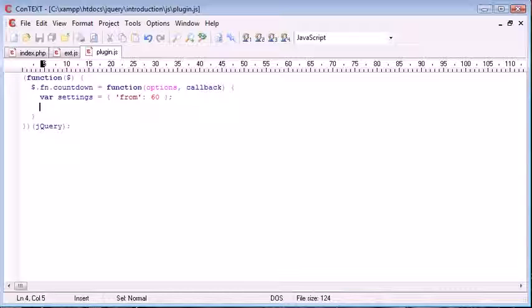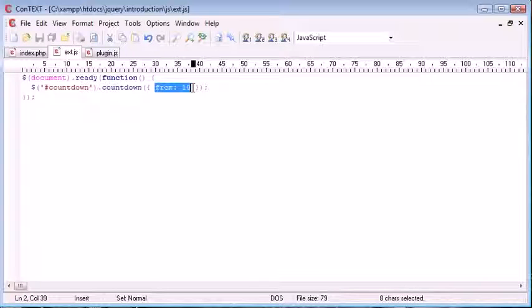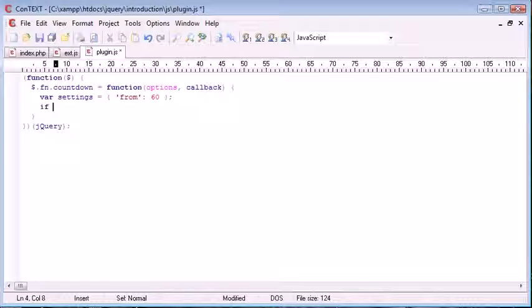What I then want to do is check if a user has provided these options. Now this settings here is not to be confused with the option set, but what we want to do is combine them if options have been provided, i.e. if the user has typed in here. So I'm going to say if options, and the block that we want to run if options are available is we want to extend settings